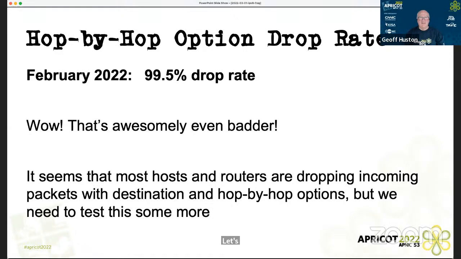Wow. It's not just bad, it's badder. That's awesomely badder. That's even badder than the last one. If you put in a hop-by-hop extension header, you can guarantee the packet won't make it. When you get numbers like that in an experiment, your immediate reaction is, I've got something wrong. I'm like, the original thing back there, remember 2014? 20, 30, 40%, not 99.5%,